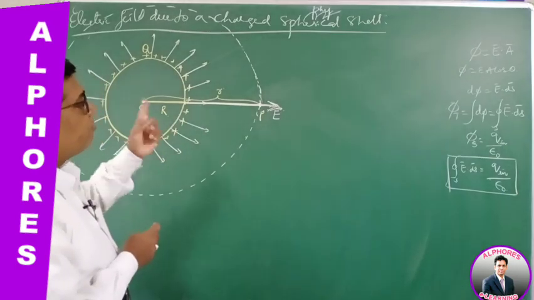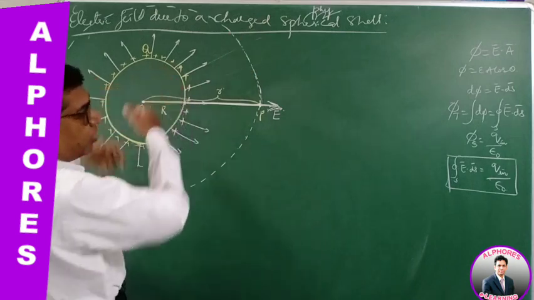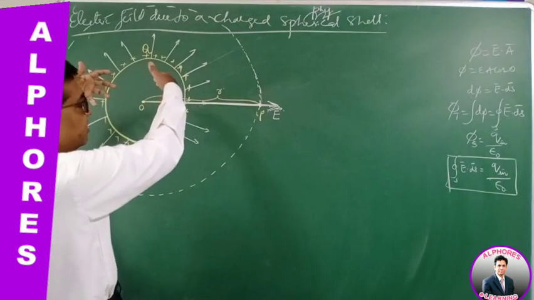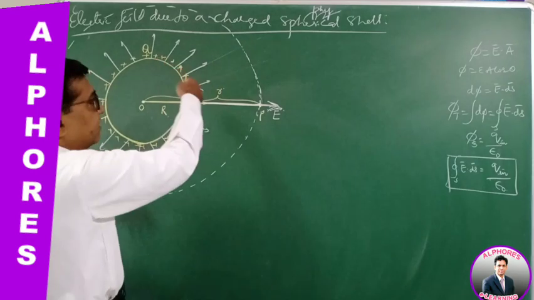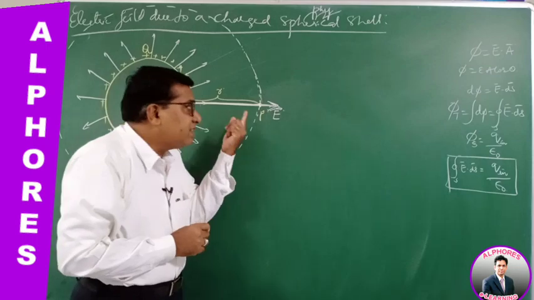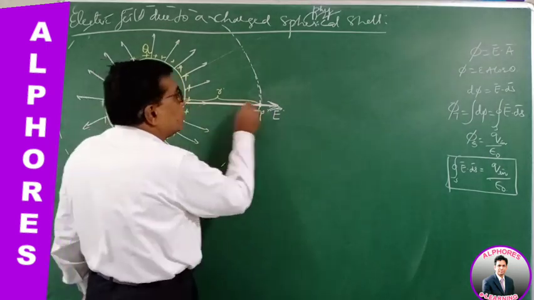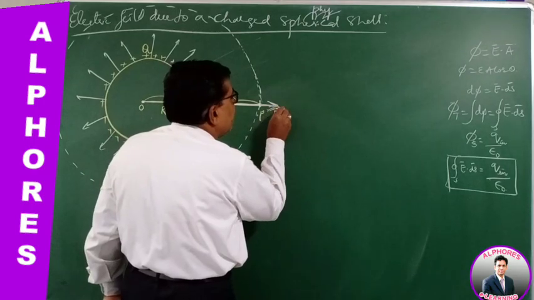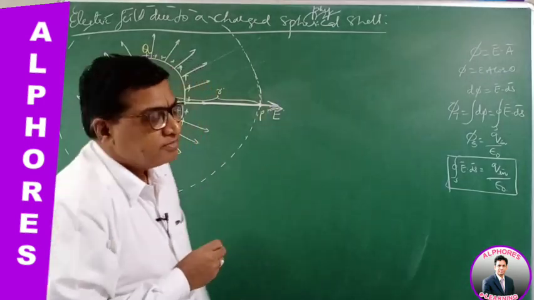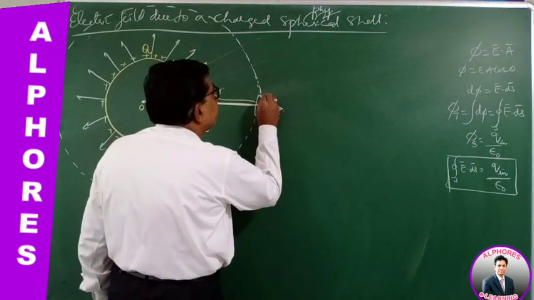For positive charge, outward normal. For negative charge, they are inward normals. The line of force will be towards the spherical surface, inward and along the normals, right? So now let the magnitude of the electric field here be E, and the direction is outward normal. So the vector is E bar. That is the first step. Later, let us consider a small area element